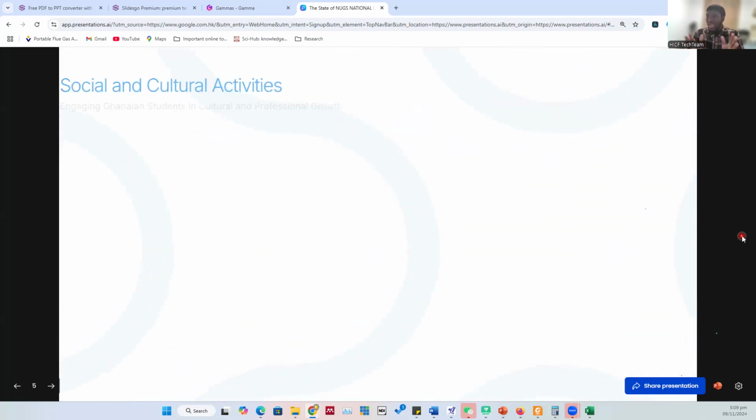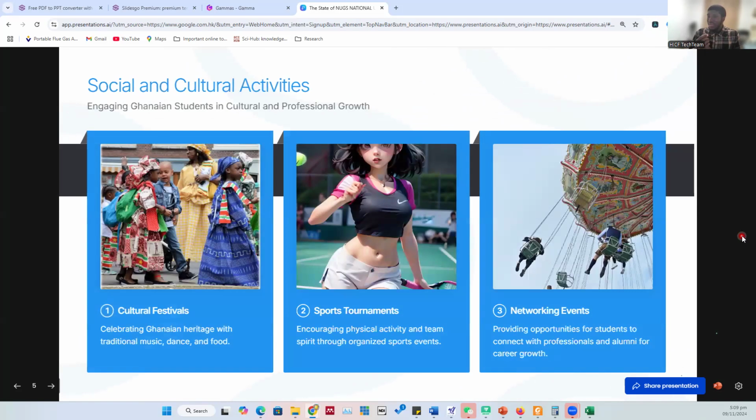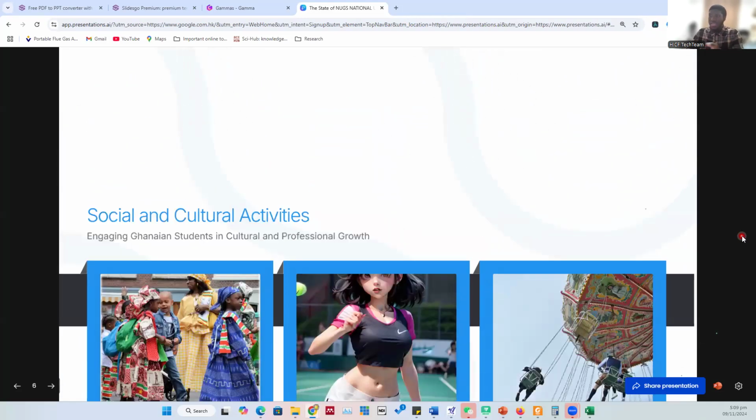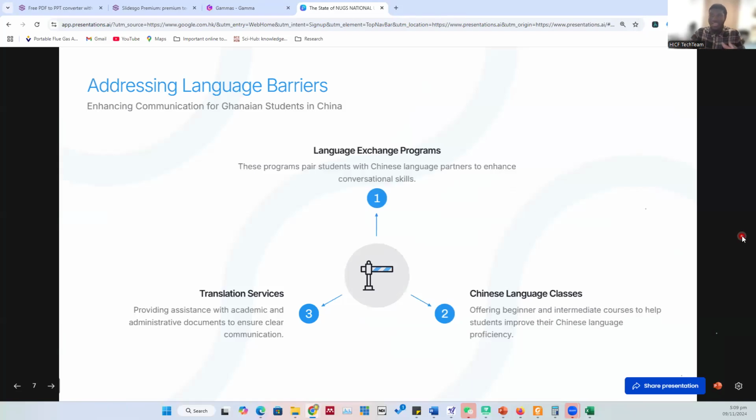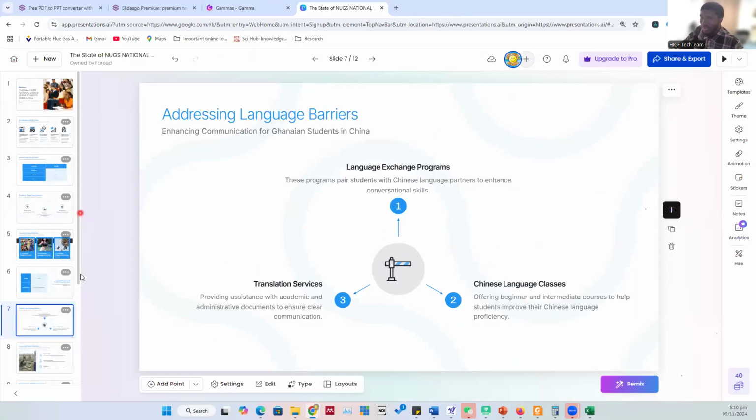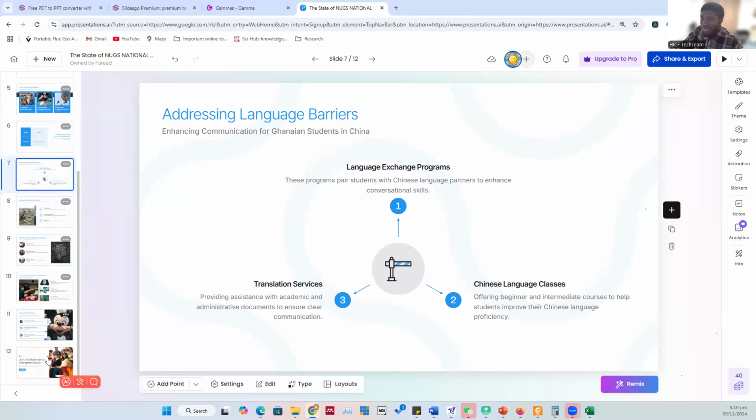And basically like this. You can see that it uses a mixture of online images and AI generated tools. Mostly the AI tools are more. So it just picks some random images and then puts them together as a presentation. It even talks about challenges faced, like stress and mental health concerns, basically making the presentation as interesting as possible. So now when you are happy with the way these slides have been presented, then you can just go ahead and